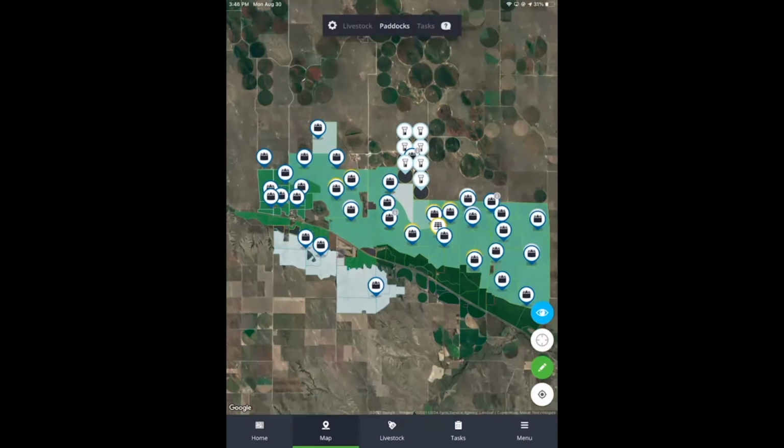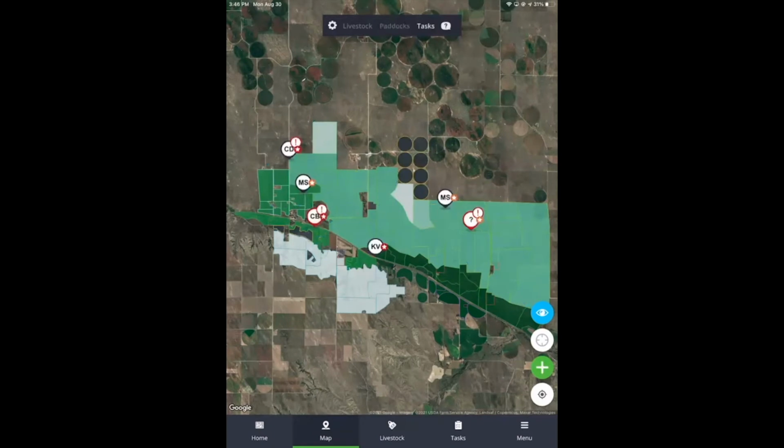If you're planning for the week ahead, specifically managing the tasks for your team, you can set up tasks for your workers by toggling over to the task view at the top. Again, you're going to notice new symbols, each one representing a new task on the operation. You can easily add a task and assign it to somebody. And as your team gets on AgriWebb, those tasks will appear on their respective homepage, along with due dates and